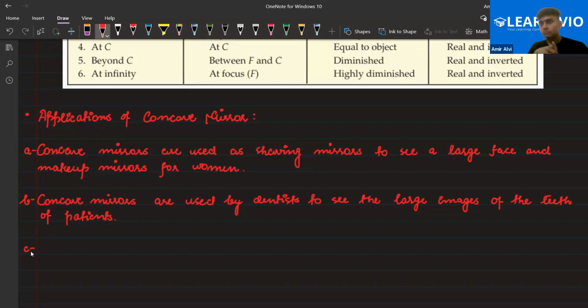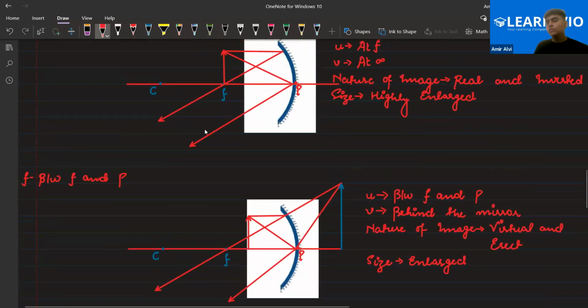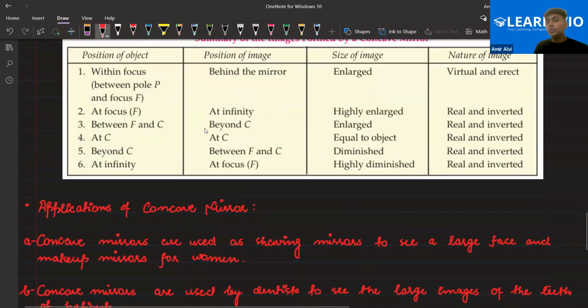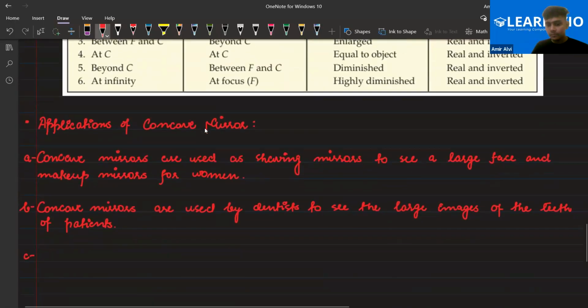Kind of rays I'm saying. So a parallel beam will be formed, a parallel beam of light rays. Here it is. Parallel light rays are formed after reflection. So that's why you must have seen that when you turn on the vehicle headlights, a parallel beam is formed. Okay? Clear to all of you? So that's why